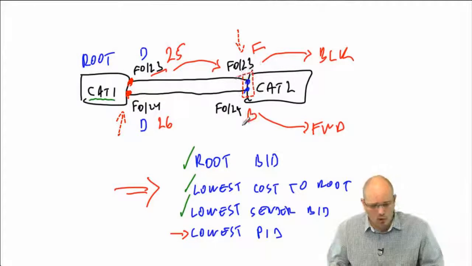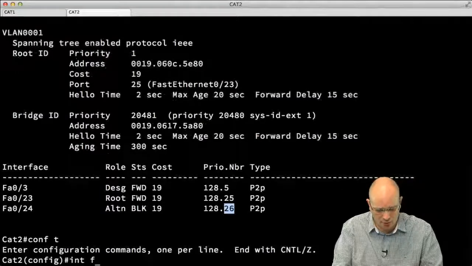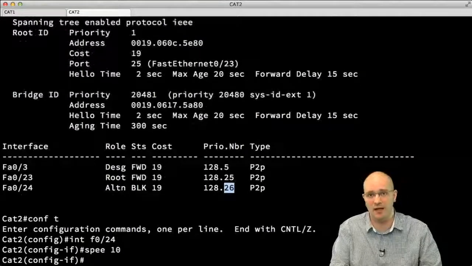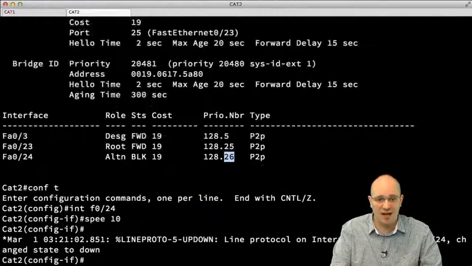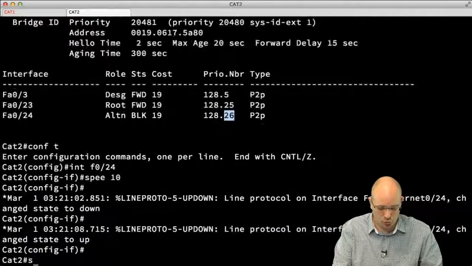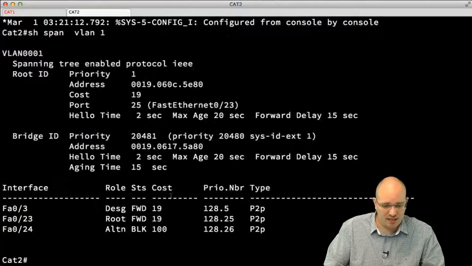So let's go to Cat2 to fast Ethernet 24, and let's change the speed to 10 megabits per second. Now, this is a very drastic change because the interface needs to go down and it will need to come back up. So now that the interface is up, if I do show spanning tree VLAN 1, what I'm going to see here,